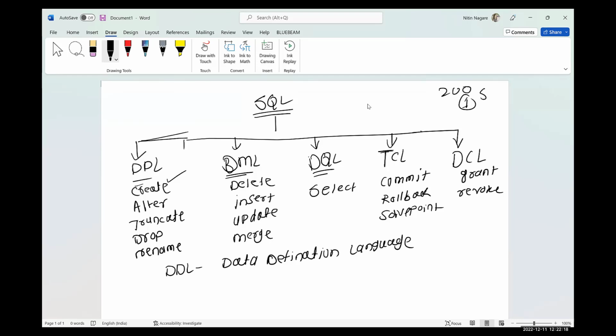Here we define the structure of your object. By using this data definition language, we define the structure of your object. We will see what an object is. As I said, we define the structure of your object, we alter the structure of your object, we truncate the data from your object, we drop the object, and we rename the object. We will cover them one by one.